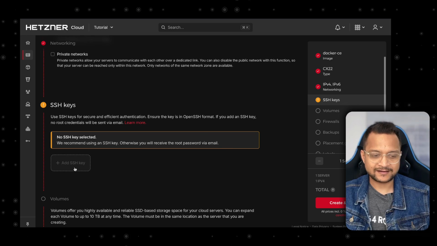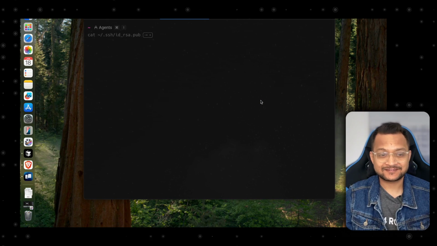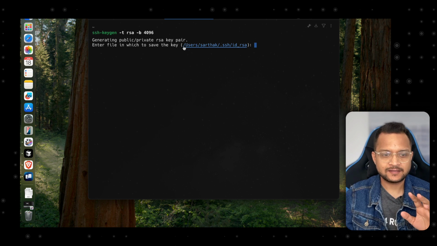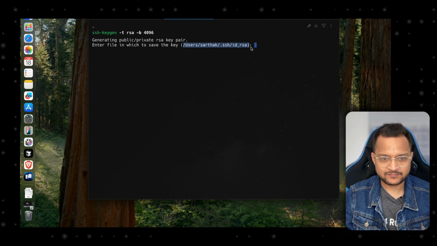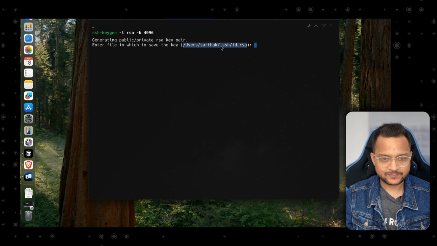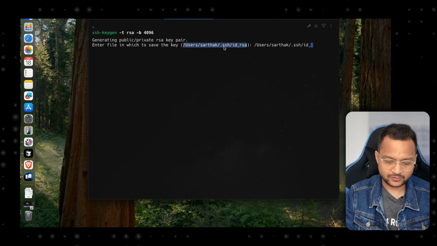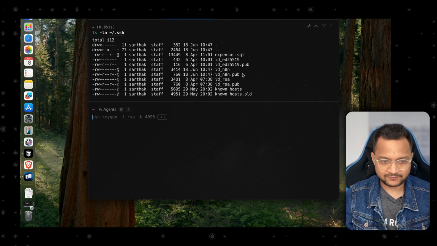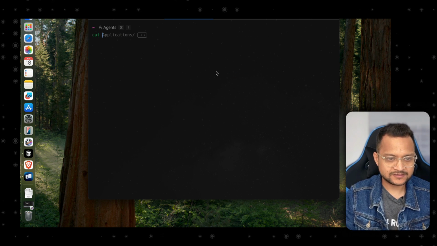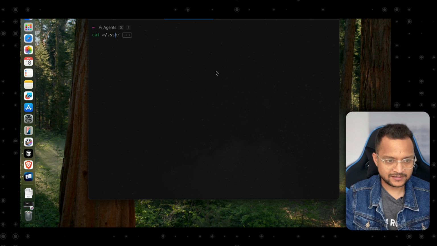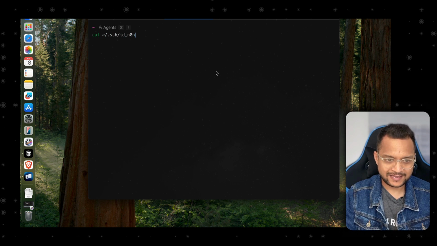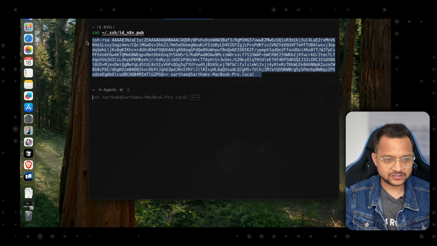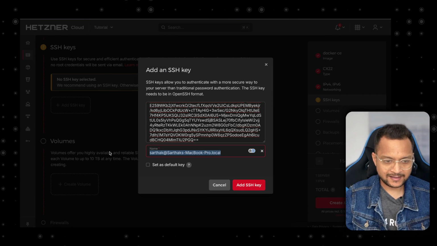Then I need to add an SSH key. So let's first create the SSH key here. So ssh-keygen, and I want to create the key at this location exactly the same. So I'm going to copy this, paste it here, and call it id_n8n. And everything will be just empty. List out, yes, we have these two. So we want to cat, and this should be .ssh/id_n8n.pub. Public one we need. So let's copy this SSH key from here, paste it here, and I'm going to name it